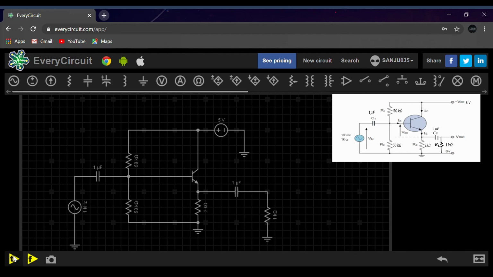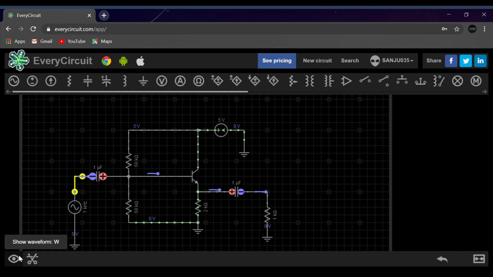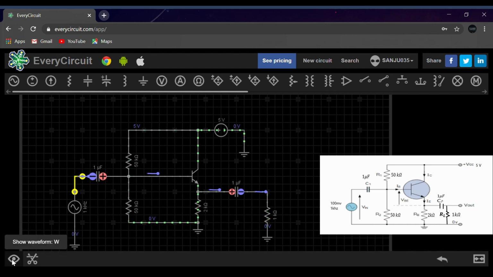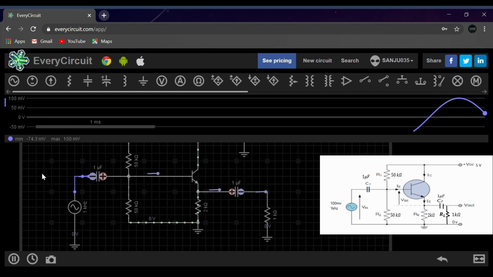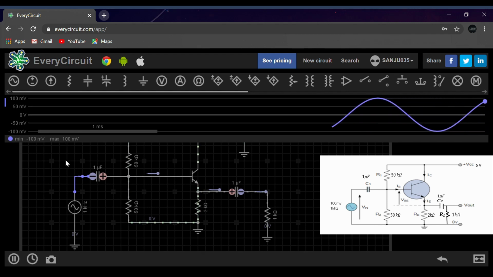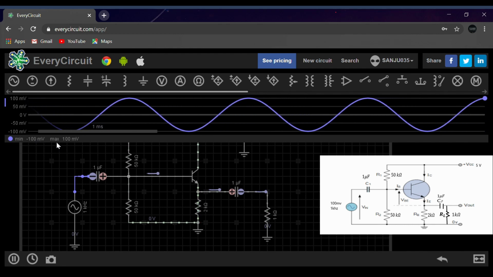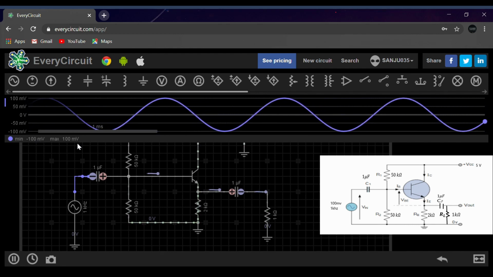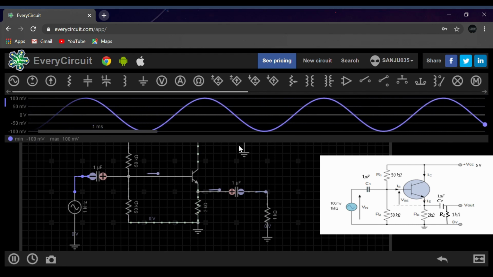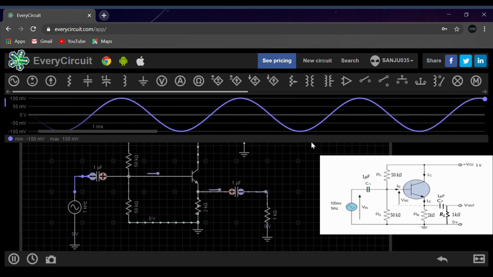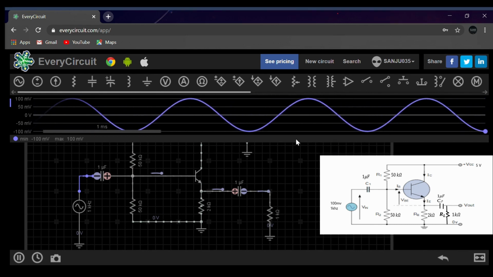Now let us check our waveform. I'll go here, run transient space, and I will just check our input waveform. Here you can see the option show waveform. As we can see, we have set it to 100 millivolts. So the minimum is minus 100 millivolts and the maximum is 100 millivolts. Hence this is the input waveform of a common collector amplifier circuit.